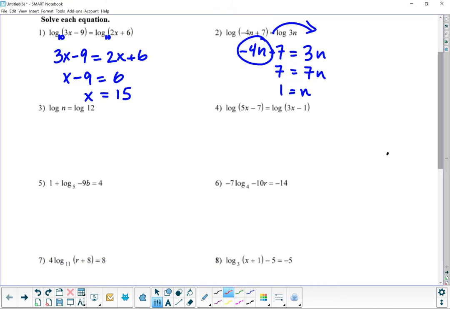So I'll leave it like that. Next one, they're both log base 10, so we get n equals 12, and that's about it. That's already solved. Number 4, we get 5x